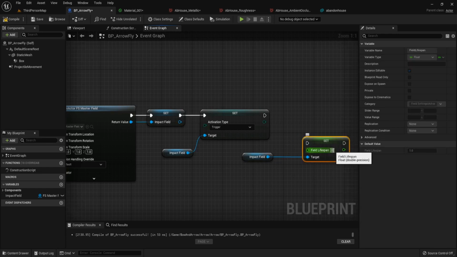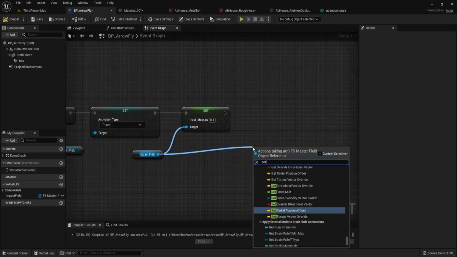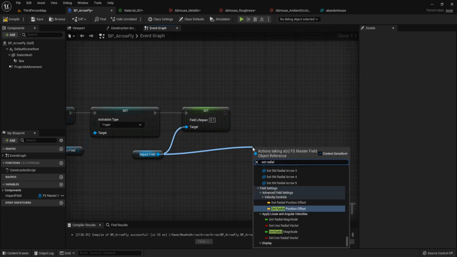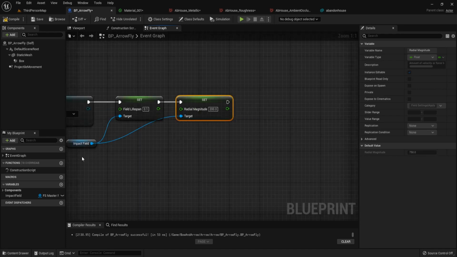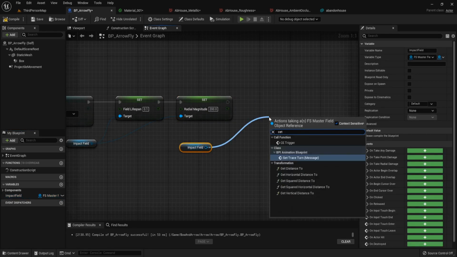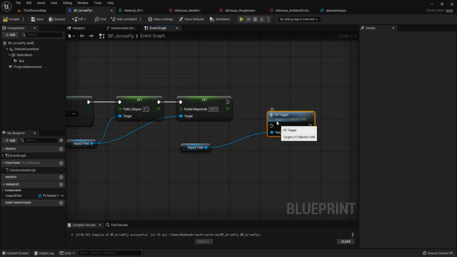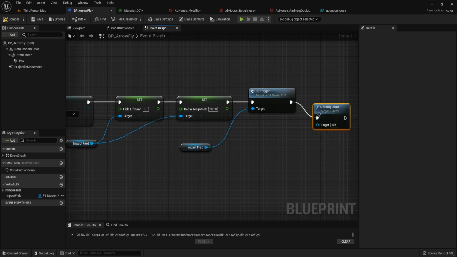And the lifespan is 0.1. Then set radial magnitude. And this is the size of the field and set it to 200. Then get impact field, call CE trigger and call destroy actor to destroy our arrow.